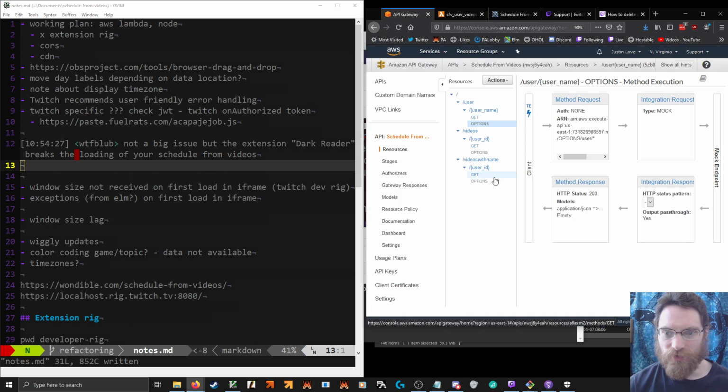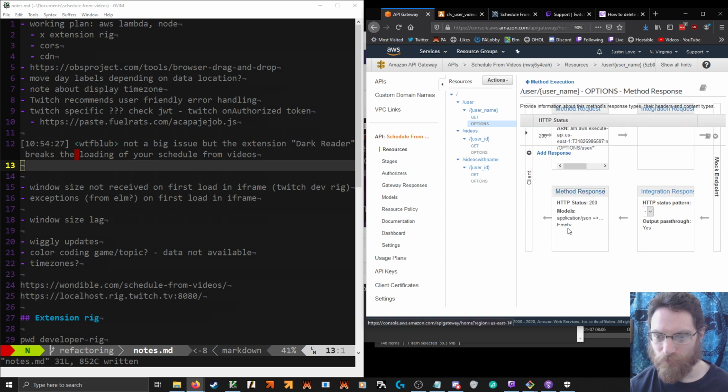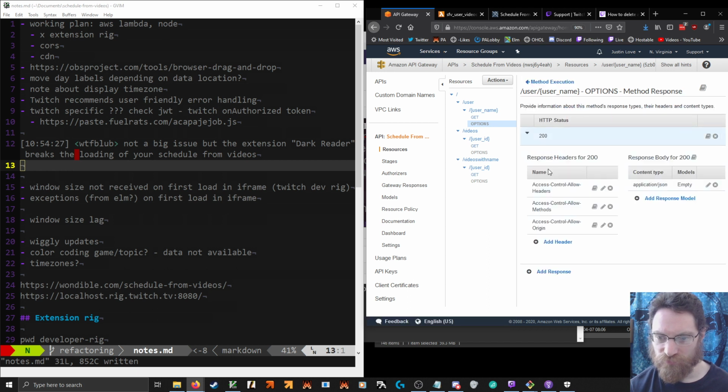So API Gateway. What level do we put this on? Access-Control-Allow-Headers. This is just which headers.